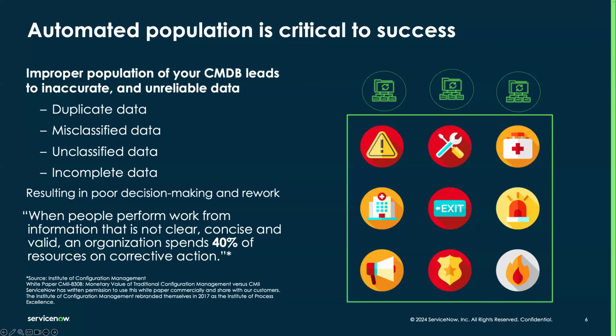And if it's not implemented correctly, you'll have duplicate data or misclassified, unclassified, or even incomplete data. And as you can see here, we've noticed that when people are performing work from information that is either not clear or not concise or not valid, the organization will end up spending 40% of the resources on corrective action. So again, automation is key,